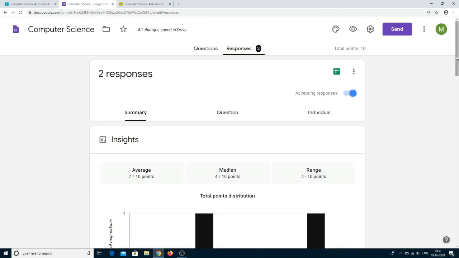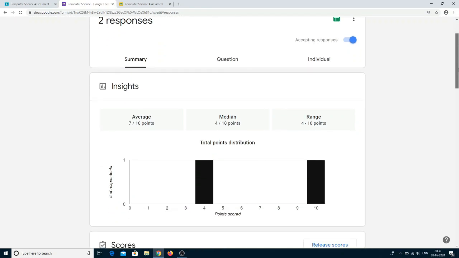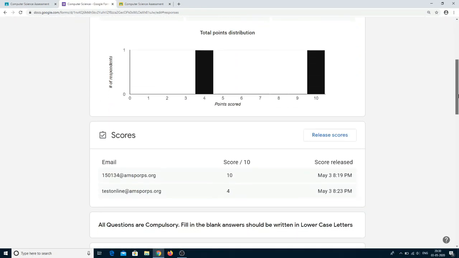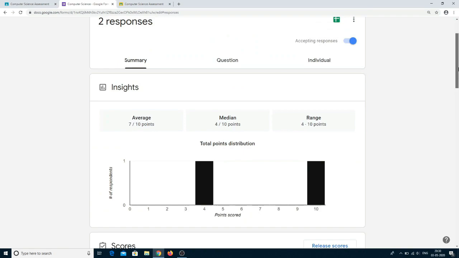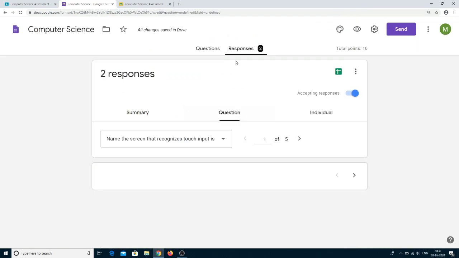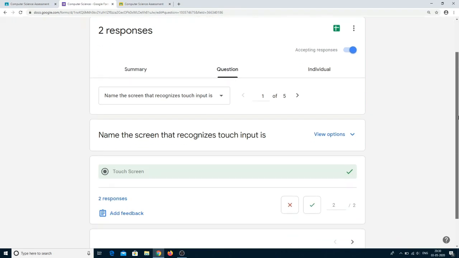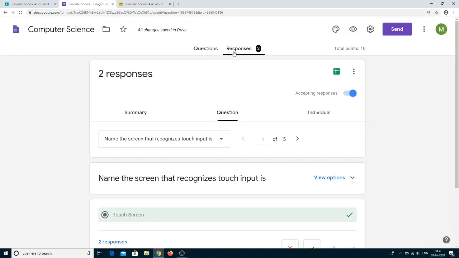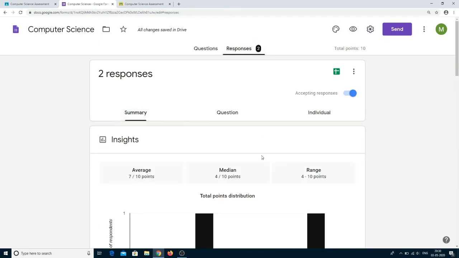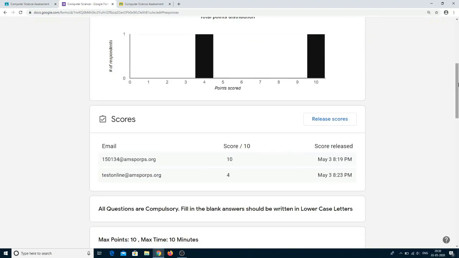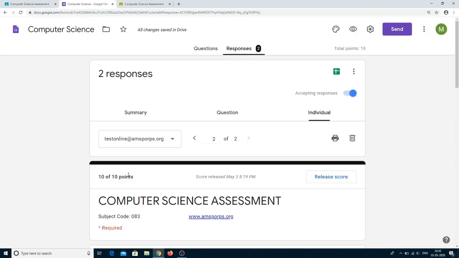And you can click on responses here. After checking the responses, we can see the individual responses given by each student. First we go to the first student, 10 out of 10, and the second student we are reviewing.